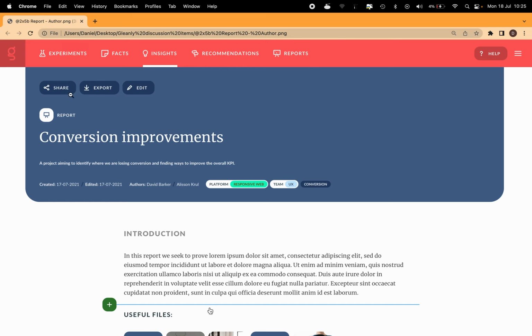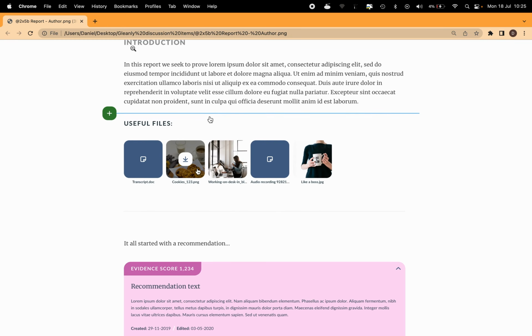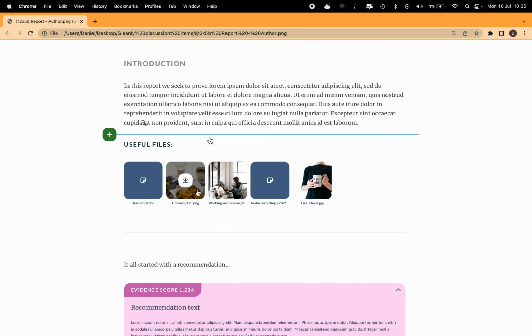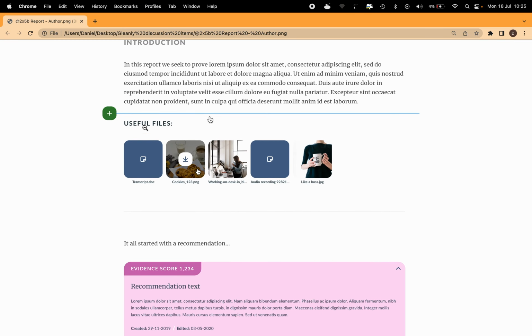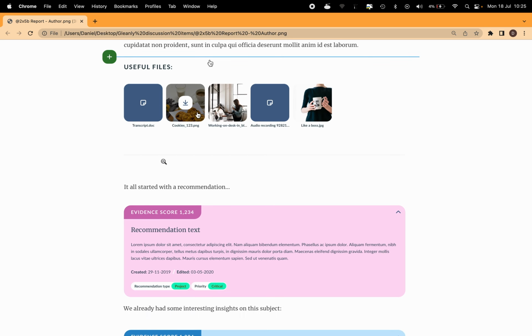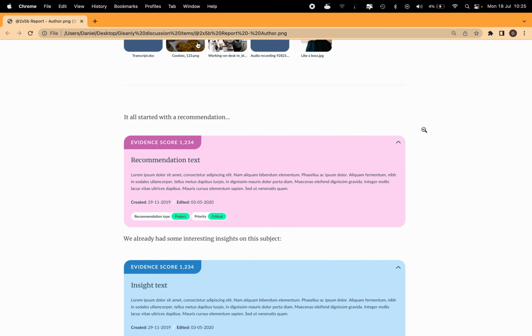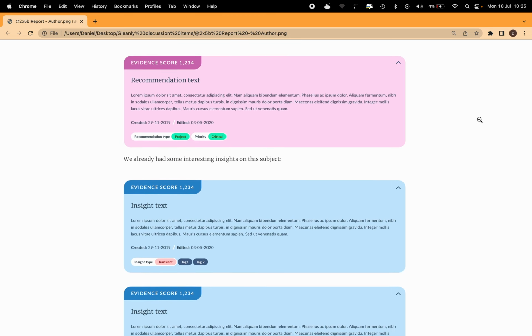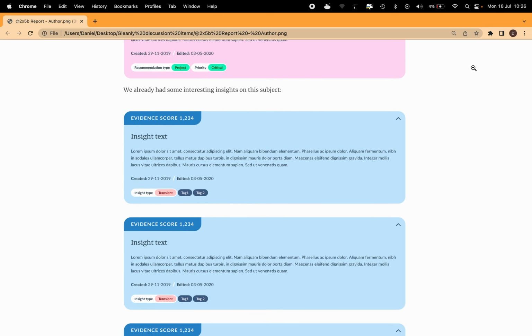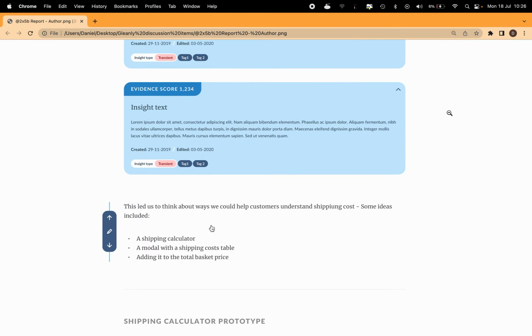So it looks very much like a normal experiment. We've got this area at the top here. We can have an introduction. We can add in text of different sizes and styles, and there'll be a certain amount of control with that. Add in uploaded files and documents that people can download. We can also very easily bring in any recommendation, insight, fact or experiment and add those into our document and